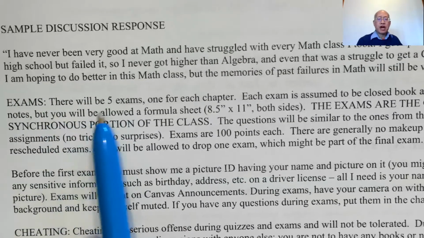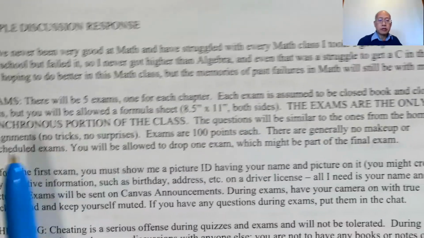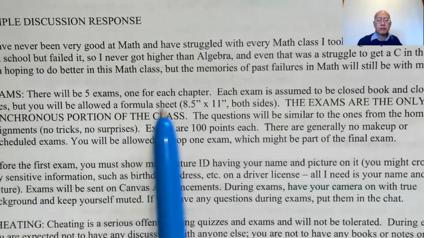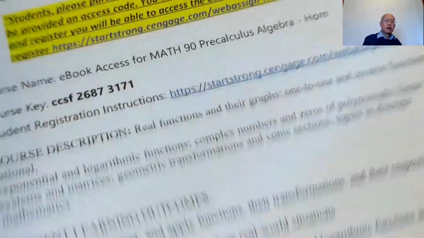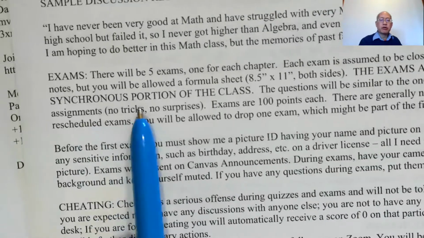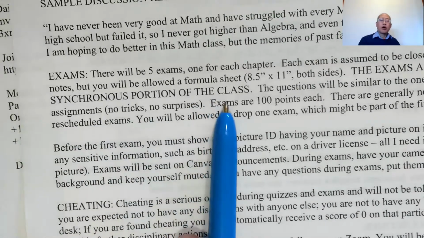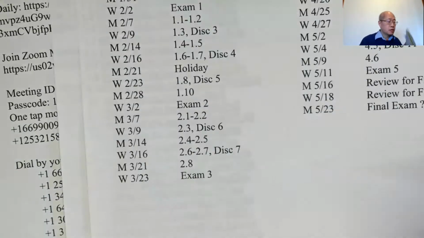Okay, exams. There'll be 5 exams, 1 for each chapter. Each exam is assumed to be closed book and closed notes, but you're allowed 1 formula sheet, 8.5 by 11, both sides, so a standard size piece of paper. You can write in the front and the back, put anything you want on it. The exams are the only synchronous portions of the class. So the only time that you meet from 8:10 to 10:25 are